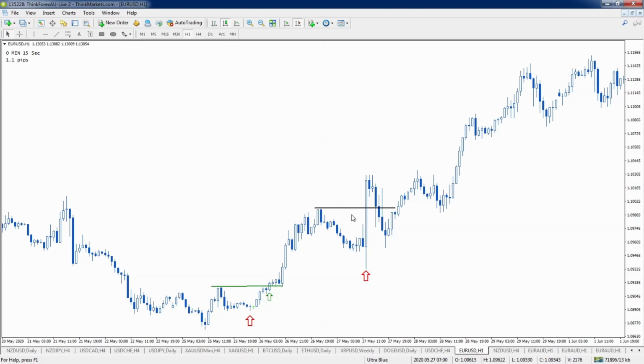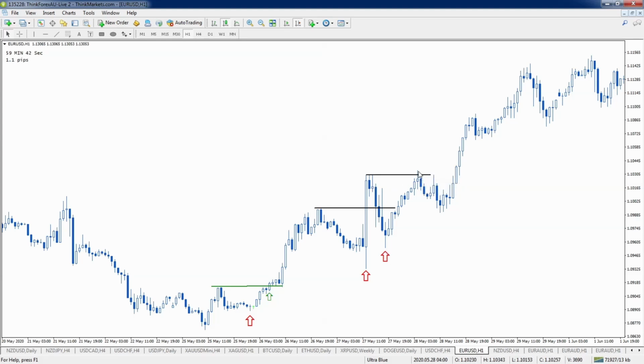So now we're simply going to repeat this process. Market moves up, comes back down, and then it comes back up again. So we're going to be marking off this swing high, and we're looking for the price to move even just 1 pip above that swing high. And it does that here. So we're going to take our stop loss now and move it to just underneath that swing low, the lowest low between those 2 points.